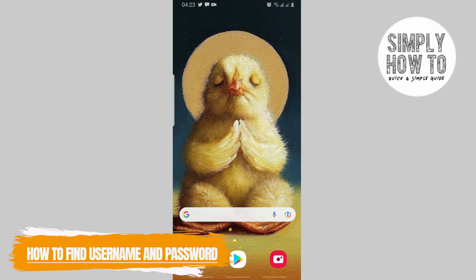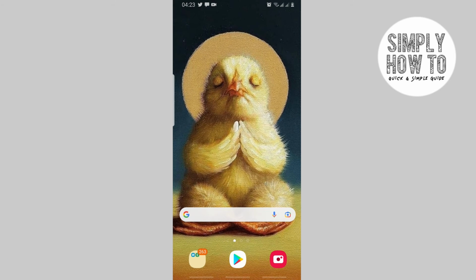How to find your current password and username on Instagram. I will do this tutorial on an Android phone, but you can always replicate it on your desktop or your iOS